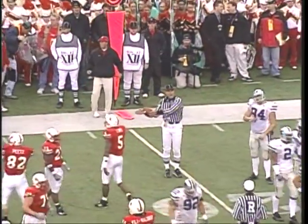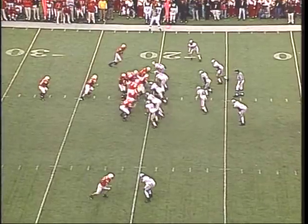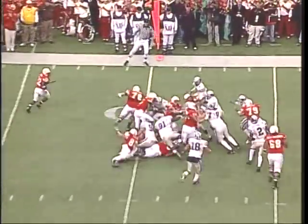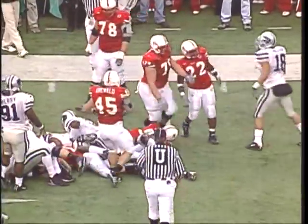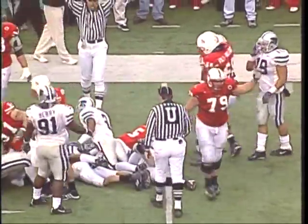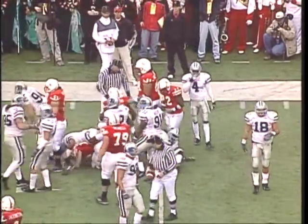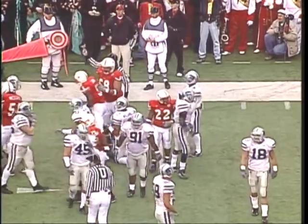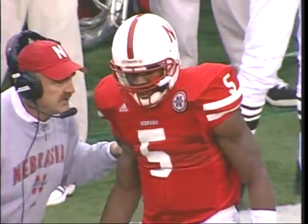It's 7-7, very late in the second period with 1:21 to go. There's the snap. There's the fake to the fullback. Lord will run left side. He's got the first down and is shoved back. And now he goes a little bit forward, takes it all the way to the 16-yard line for a gain of 4. Man, good hard running there by the Nebraska quarterback and pretty good blocking by that left side, Incognito,